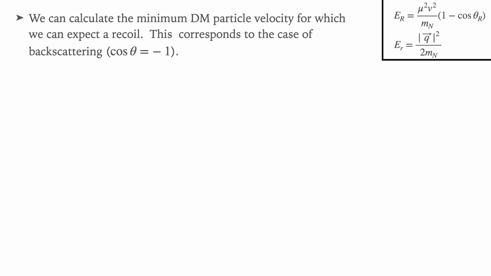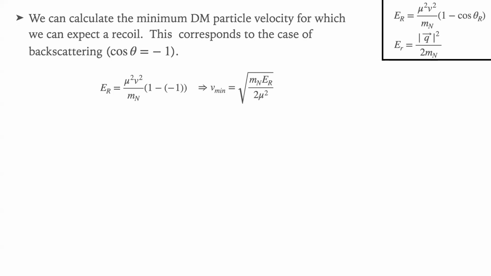So next, what we're interested in is, what is the minimum dark matter particle velocity for which we can actually expect to get a recoiling nucleus, right? So you're going to have to impart some amount of momentum to do this. And in that case, it's going to correspond to the case where our cosine theta is equal to -1. And so just putting this in